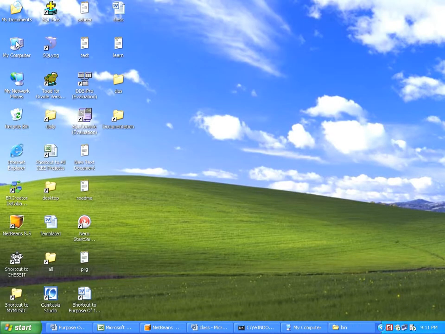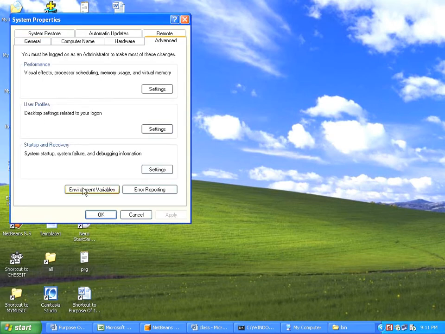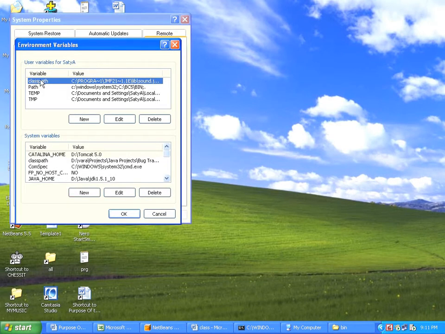Then right click on My Computer, Properties, Advanced, Environment Variables. Here you may create the variable path either in user variables or in system variables. If you create the path variable in user variables, it will be confined to the user with which we are working on this computer. On the same computer, some users will be there, no? Some user X, Y, Z. We need to log in by specifying user ID and password, right? If you create the path variable in user variables, it will be confined to the specific user.